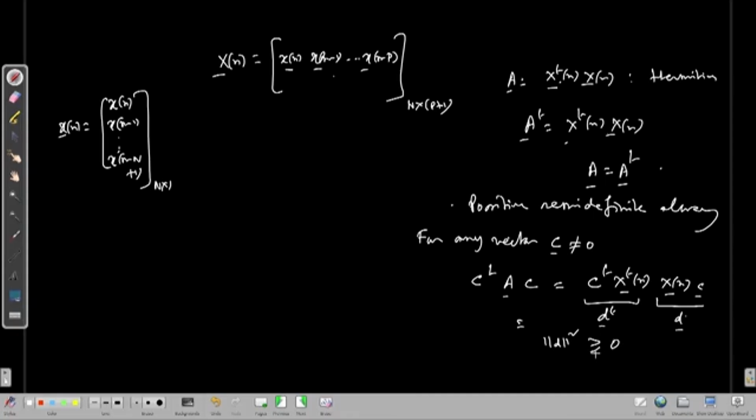But if it is not only greater than or equal to 0, if it is strictly greater than 0, then it is positive definite. Then we have seen in the very beginning of the lecture, positive definite matrices have positive eigenvalues and they are invertible. Now, when this equal to 0 occurs, it will be 0 if